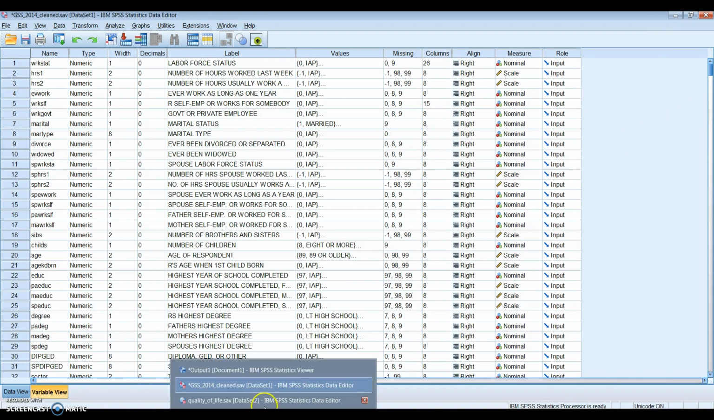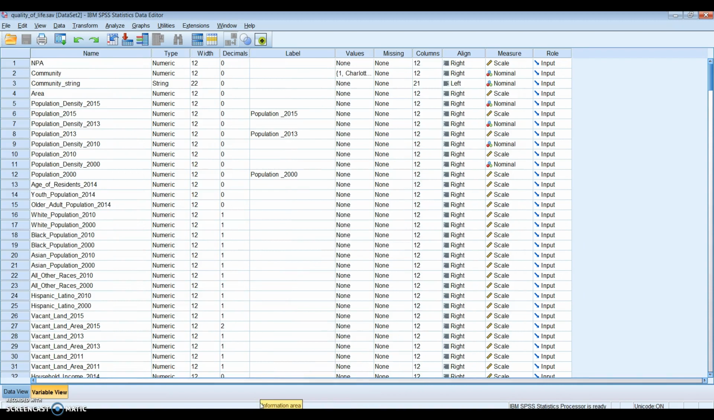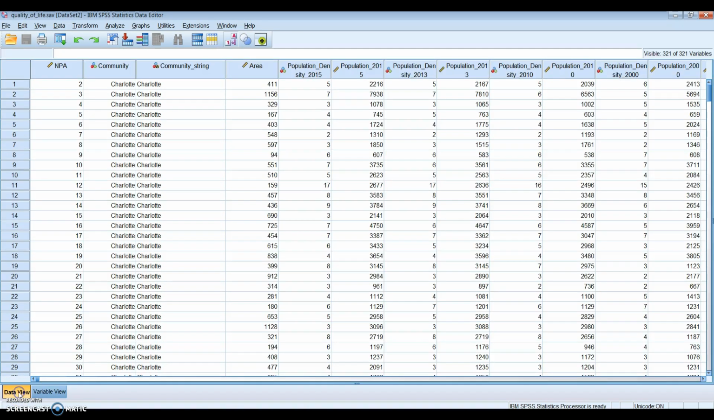The other data set is the quality of life data set. And in this data set, if we look at data view, you see different NPAs. Each NPA represents a neighborhood in Charlotte, or a neighborhood in Mecklenburg County. Some of them are in Charlotte, some of them are in Pineville, Matthews, etc. And I've got a map where you can actually look at where these come from. So each row here represents a neighborhood. So this represents a neighborhood in Charlotte with this area, with this population density,